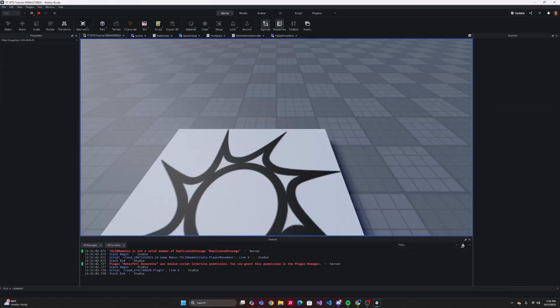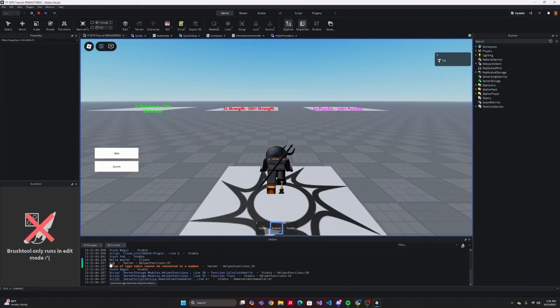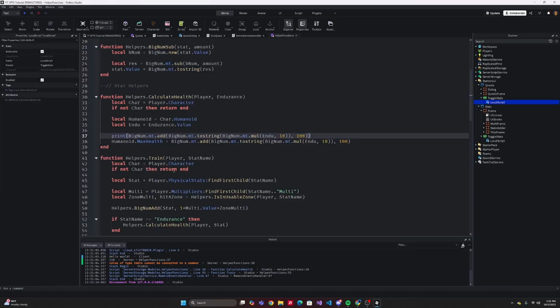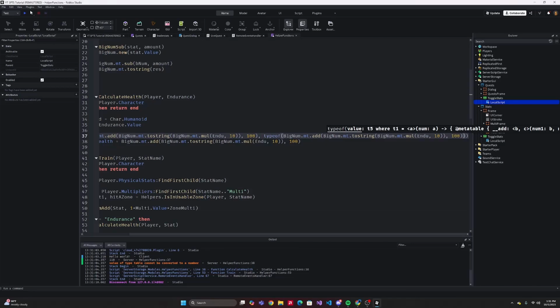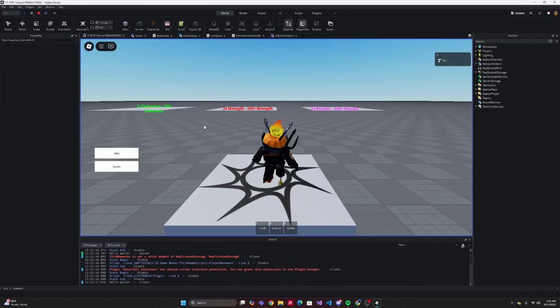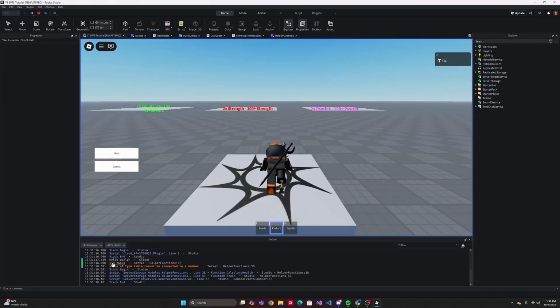And if we take a look at the result, let's see, it should be, okay, so it is 110. And if we print out the type of this, then we see it is a table, 110 as a table value,